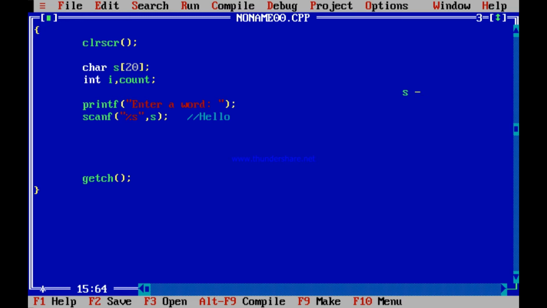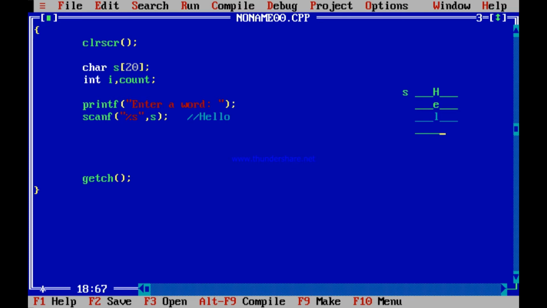Now in this starting address, firstly in the first character H is kept, then in the next memory location E is kept, then in the next memory location L is kept, then in the next memory location again L is kept when you are writing hello.